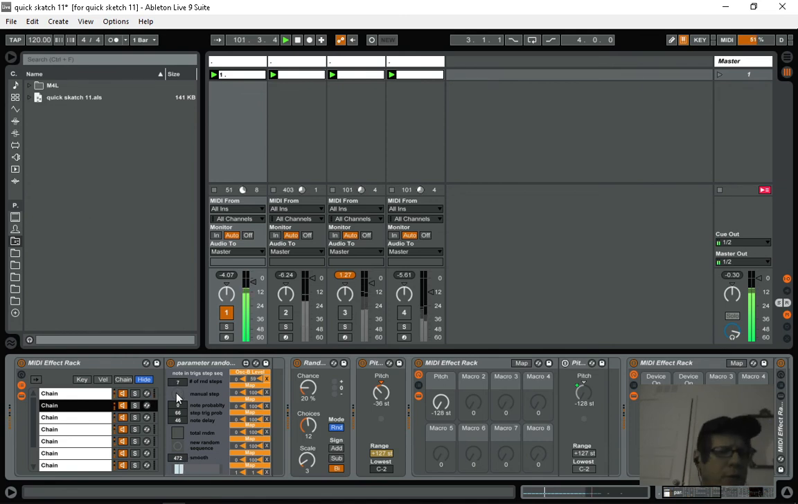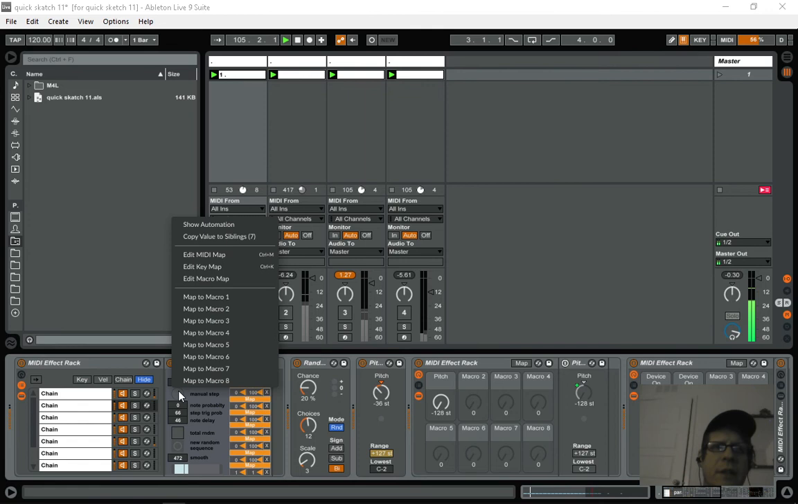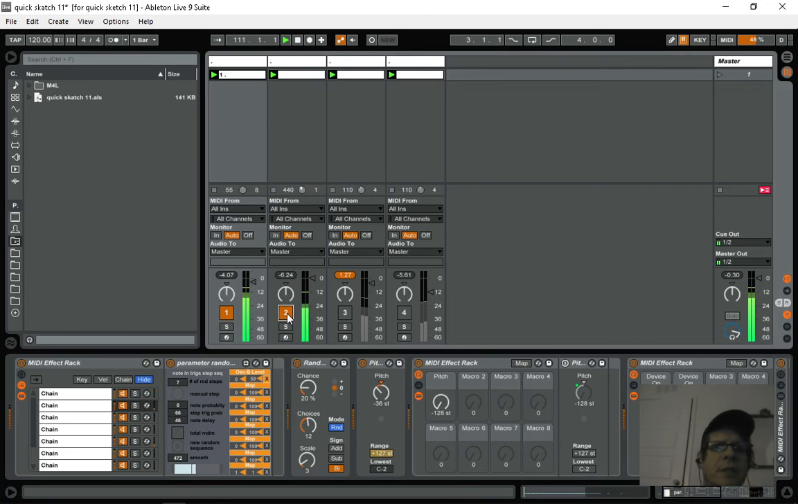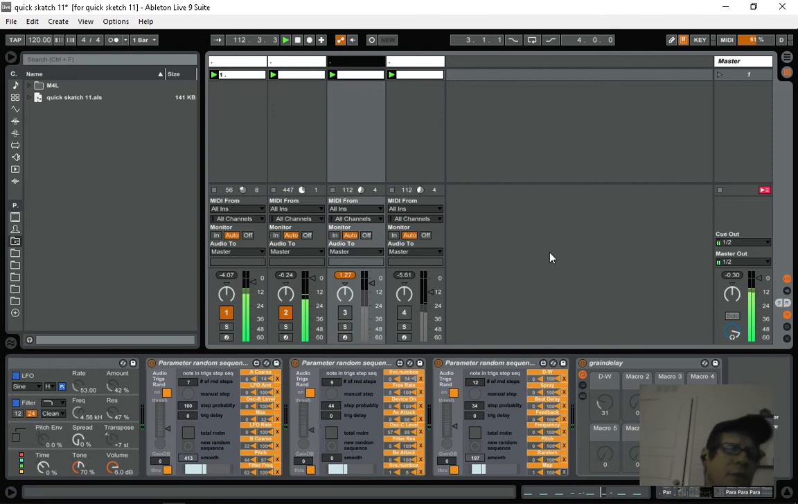And also one other little thing I added to this since our last sketch was, if you right click on these, you can automate the triggers. So if you like to do crazy automation stuff like I do, it's nice to have that option there. So let's turn this layer on here,